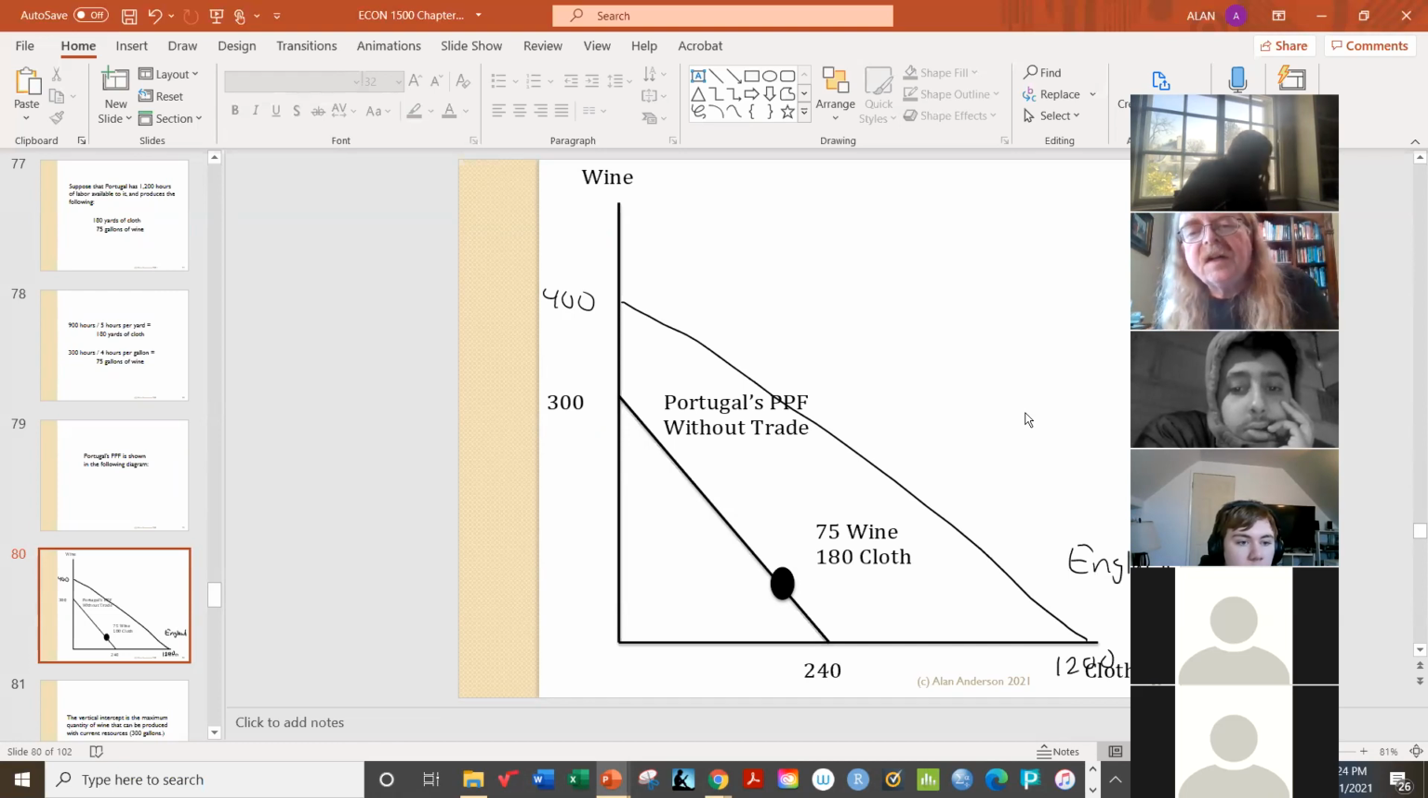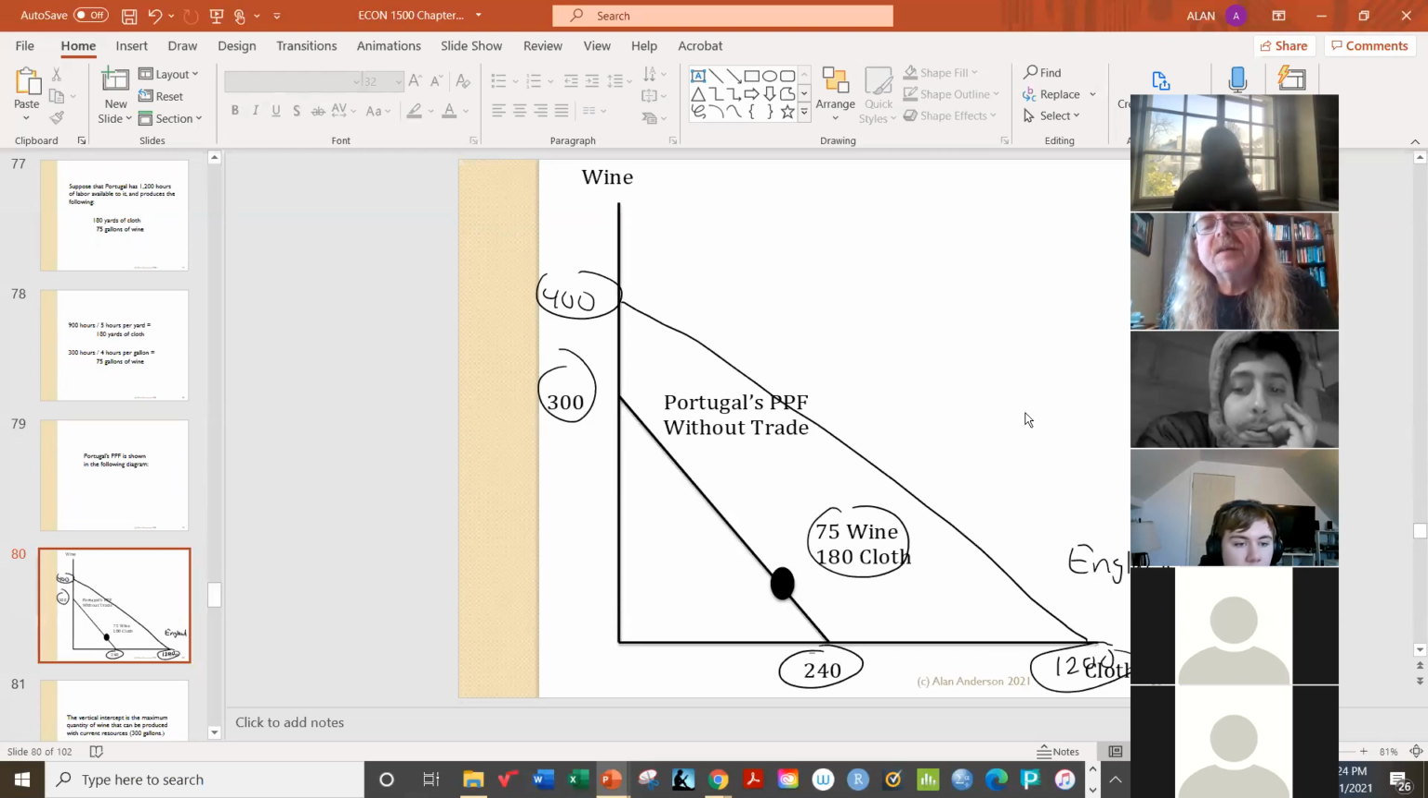And so it's clear, I hope, from this diagram, look how much more cloth England can make than Portugal, but only slightly more wine. So that's a hint that maybe England should focus on the cloth. So Portugal domestically produces and consumes 75 wines and 180 cloths. And by the way, I want to make one other point here. Without trade,